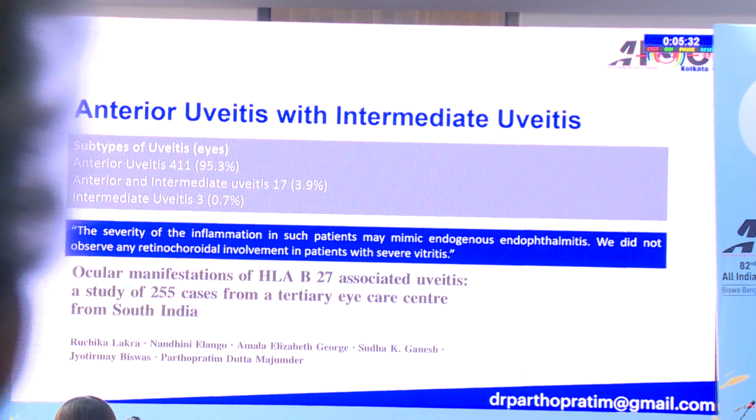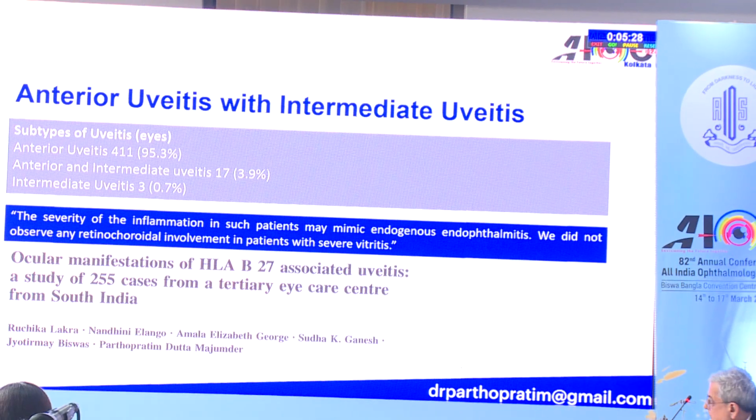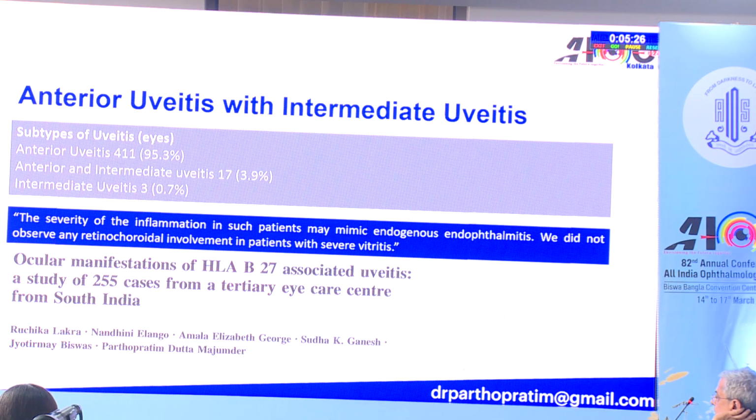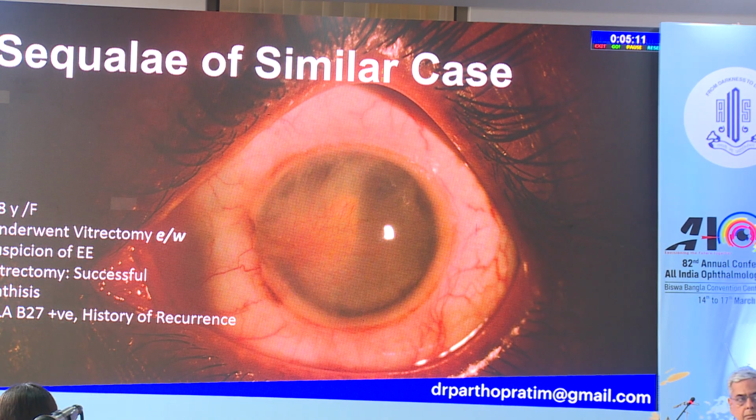So here we are dealing with anterior uveitis. We have analyzed 255 cases of HLA-B27 positive uveitis, and we realized there is a subset of almost 4% which can present with anterior chamber inflammation and significant inflammation in the vitreous also. You need to differentiate that and understand it, because if you do vitrectomy in such cases, for example, this is another